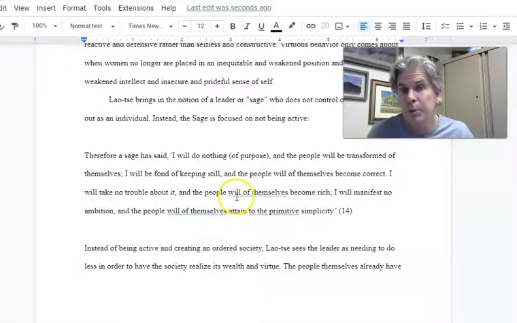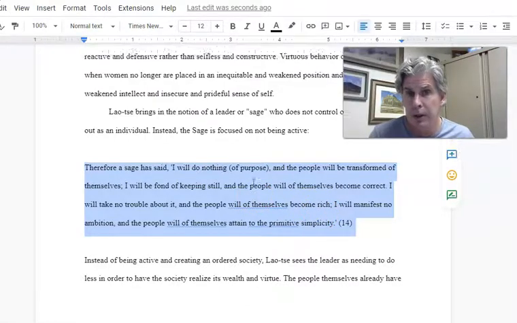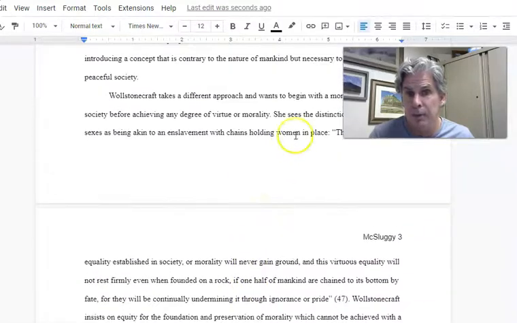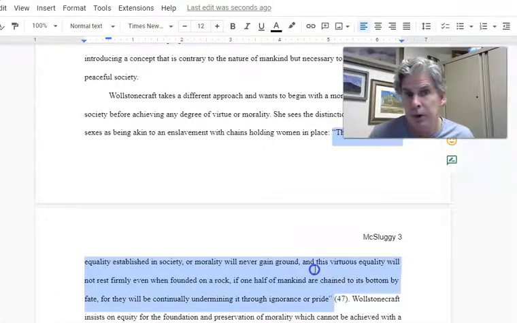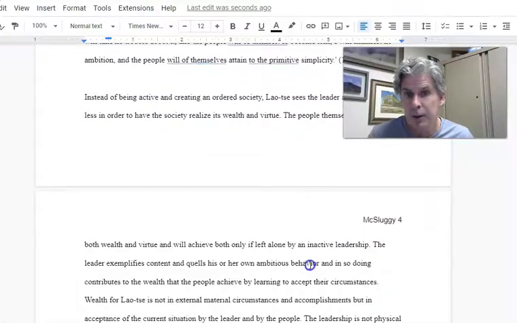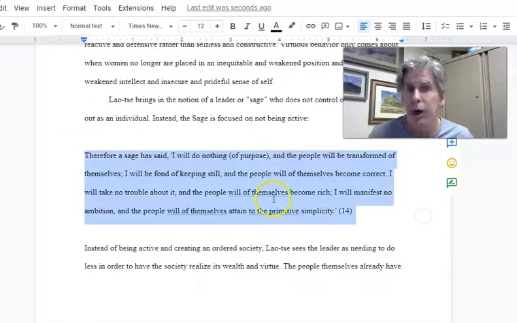Okay, we're almost done. Stick with me for a bit. Now I'm doing 3 body paragraphs instead of the 4, and I finally came down to this one for the 3rd one. Here's the quotation. Let's call it 4 lines. It's really 3 7/8, but let's call it 4. So this one should be block quoted. The second one, it wasn't quite there. It was about 3.5 lines. It wasn't quite there. Here's the fourth one. It's basically 4 lines. So how do you block quote it?